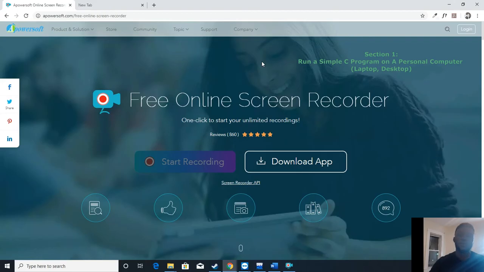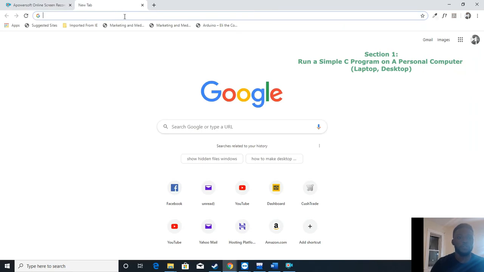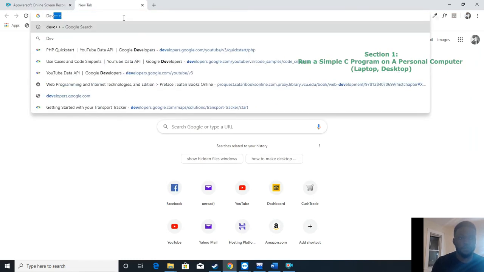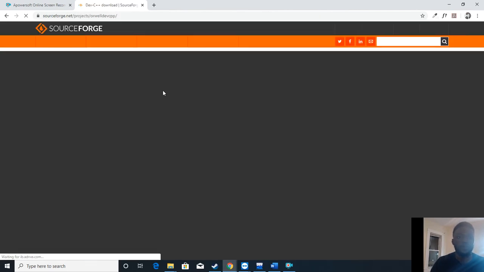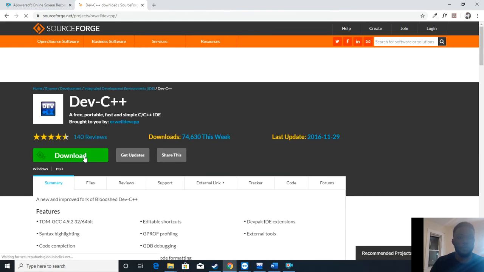Alright everyone, so now you have a picture of my screen, and we will go straight away to download the IDE. So you can use Internet Explorer or Google Chrome, whichever one that you use, and just type in Dev, it already even came out, Dev C++, and click enter. So you have several options. You have Dev C++ from SourceForge, you have from Bloodshed. I'll recommend just go with SourceForge, and you go right here, you click on download,